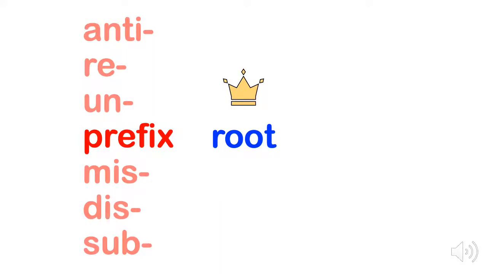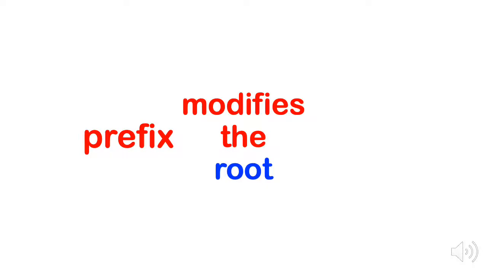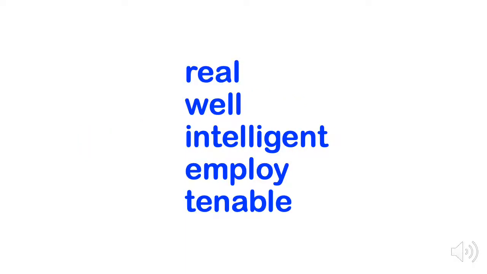The root is the foundational morpheme, which is the main meaning of the word. And the role of the prefix is to modify the meaning of the root. Let's look at some examples. Each of the root words on this list is a standalone word with its own complete meaning. But their meanings change when a prefix is added to the beginning, such as in the example un, which means